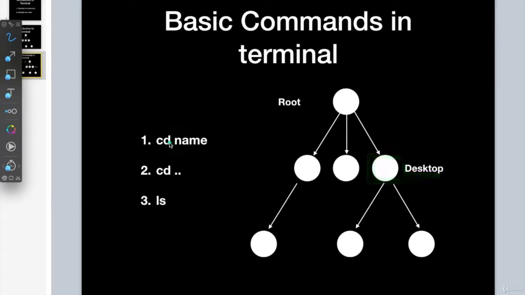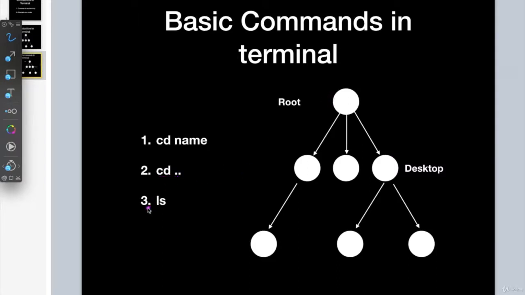Then you will write cd space the name of the folder. So we are inside root and we want to move inside desktop, so we will write cd space desktop. Now we are inside desktop, and if we want to move back, we will write cd space dot dot. So we can move back using the second command, cd space dot dot.